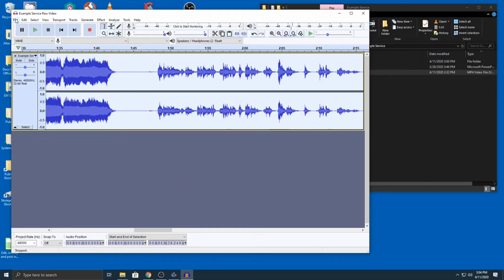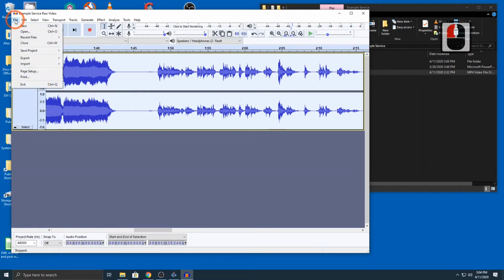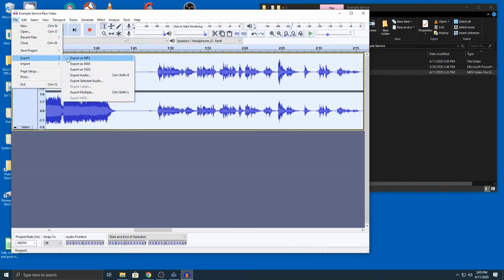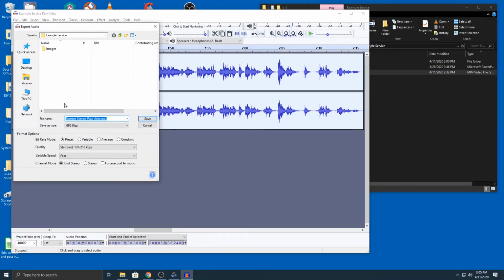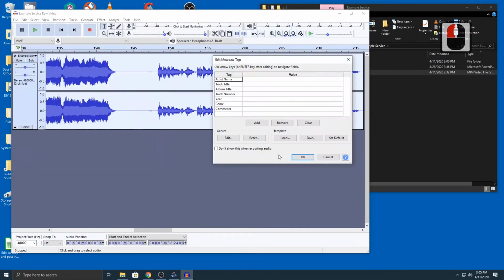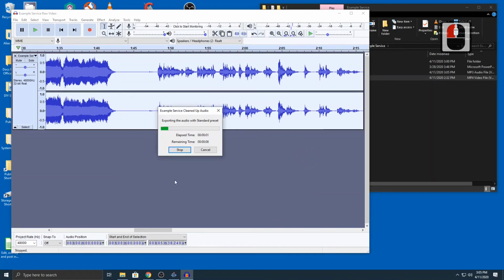And now we can say file export. In this case, we're going to export as an MP3. That's a great standard format, and we're going to accept the default as well, and we'll say example service. Instead of saying raw video here, we'll say cleaned up audio, so we can recognize it. You can choose to name it however you want, but so I can recognize it, I'll say cleaned up audio, and we'll go ahead and save that, and it will export that audio,